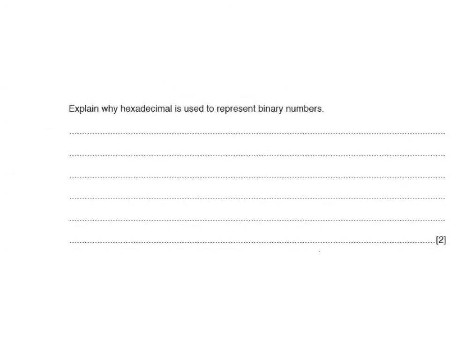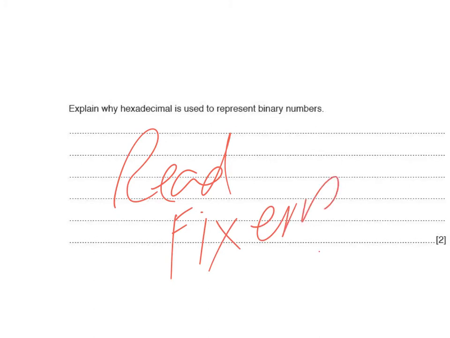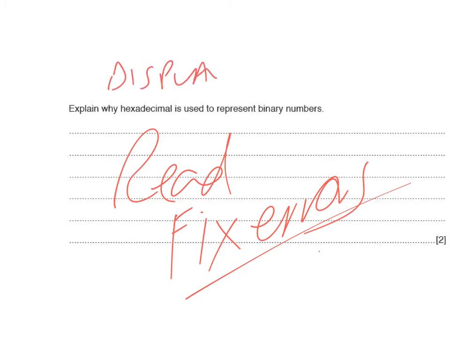Explain why hexadecimal is used to represent binary numbers. Because we're lazy, it's easier for us to read and fix errors. We are lazy. We like to make things much easier for us. Converting to binary is much easier for a hex number, and then if you think about display on screens, it's much more condensed, so you can have smaller screens to display information, therefore making things